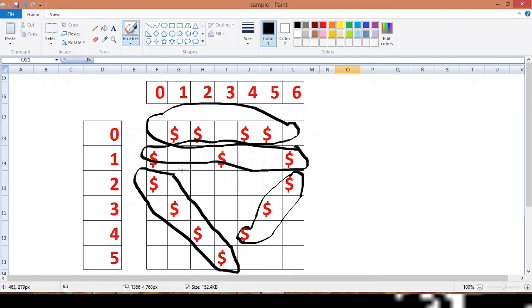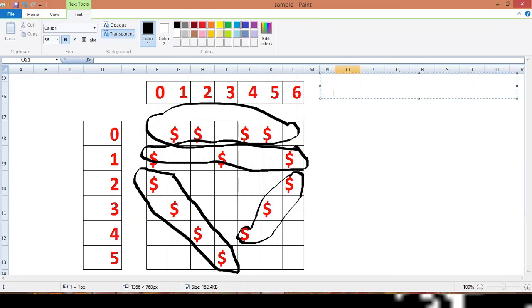Now let us try to understand this. In our first row where the index is 0, the symbol is printed in index number 1, 2, 4 and 5. That means I don't want to print this symbol in the 0, 3rd and 6th cell. So I can write a condition like this for the first condition. I'll take a row variable as row. First of all, let me explain this figure and then I'll write the code.